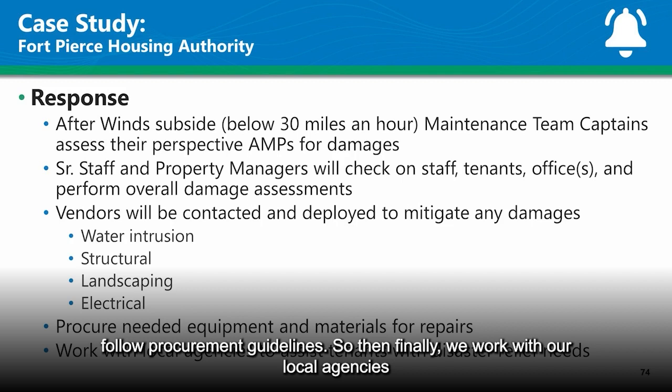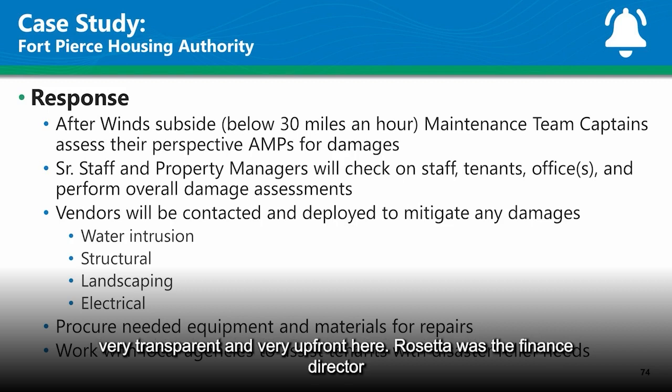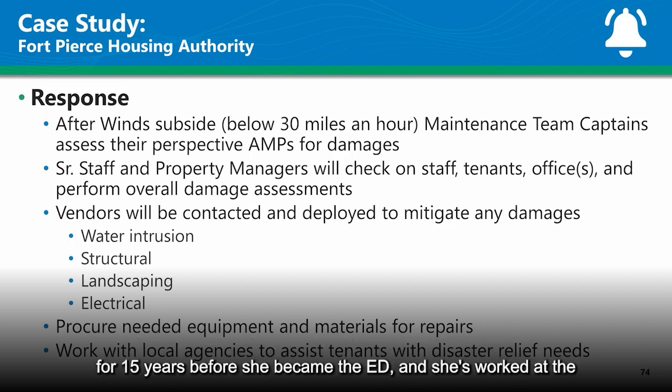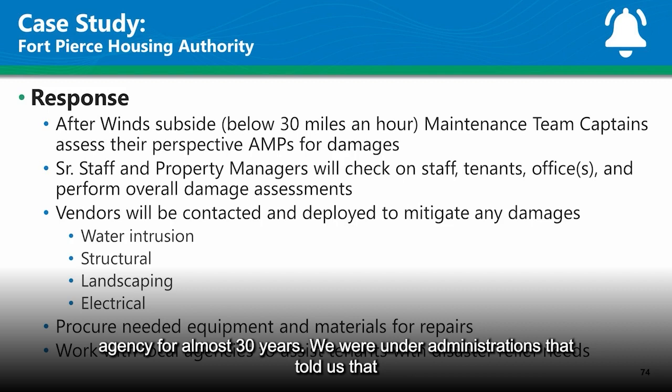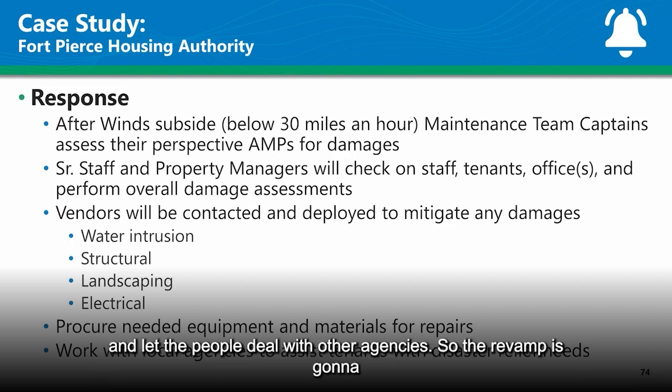So then finally, we work with our local agencies to assist the tenants with disaster relief needs. And I'll just be very transparent and very upfront here. Rosetta was the finance director for 15 years before she became the ED, and she's worked at the agency for almost 30 years. We were under administrations that told us that all we needed to do was secure the houses, secure the grounds, and let the people deal with other